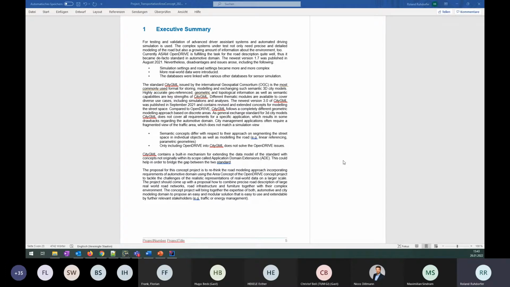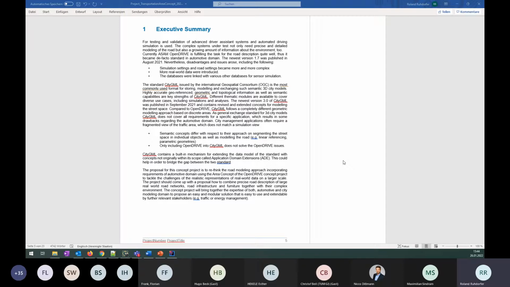Okay, so what is this proposal all about? If someone of the proposal team has additional information, then please jump in. We already heard about the OpenDRIVE and CityGML standard, and we'd also like to discuss the area model later on. This proposal is about environment modeling. It's about gathering some requirements for this issue, and